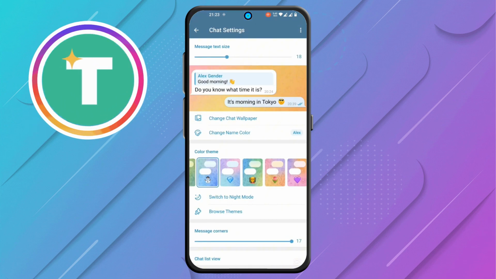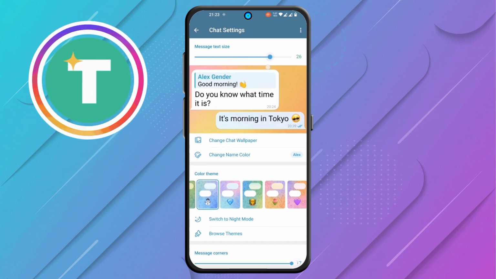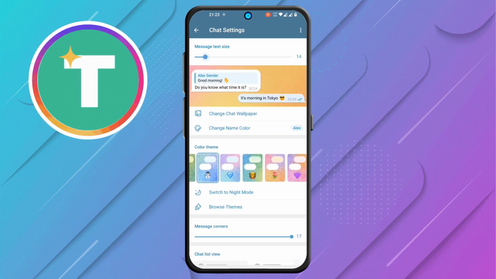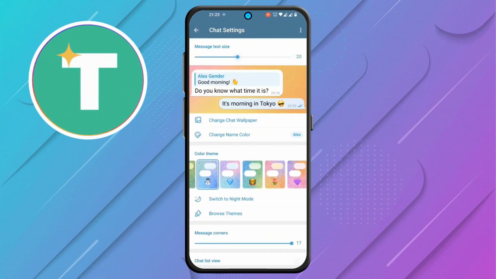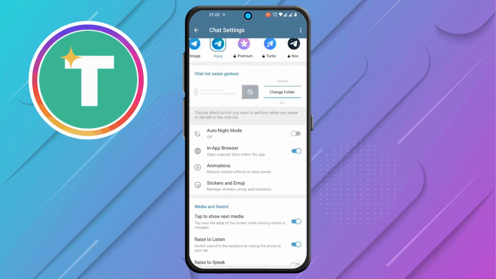Step 5. Finally, look for the Message Text Size option. You'll see a slider to adjust the font size. Move the slider to your preferred size and instantly change the font size on Telegram for a more comfortable reading